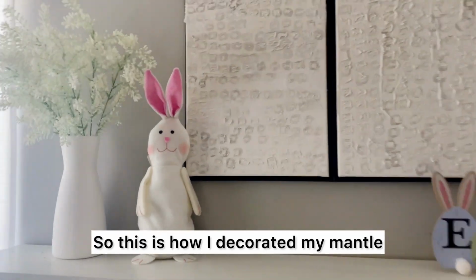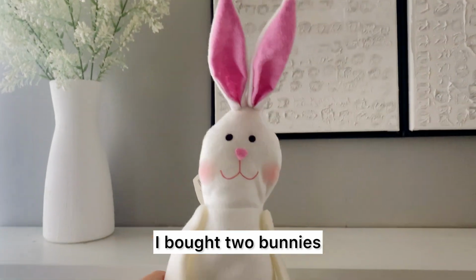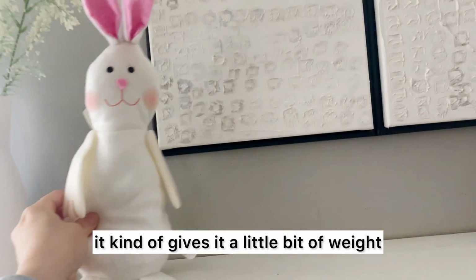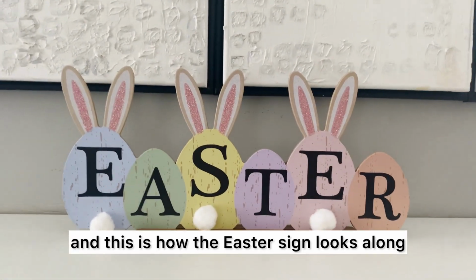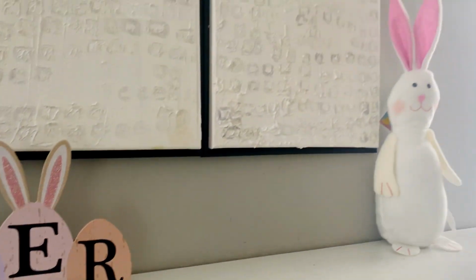So this is how I decorated my mantle. I bought 2 bunnies. They have like a stuffing on the bottom, so it kind of gives it a little bit of weight. And this is how the Easter sign looks, along with the other bunny that you could see